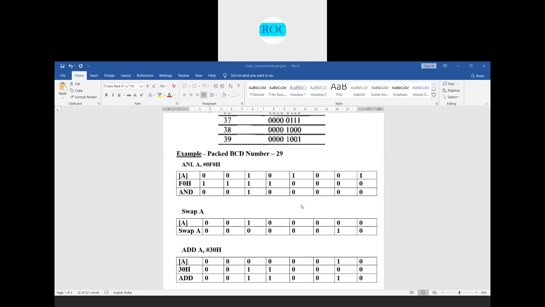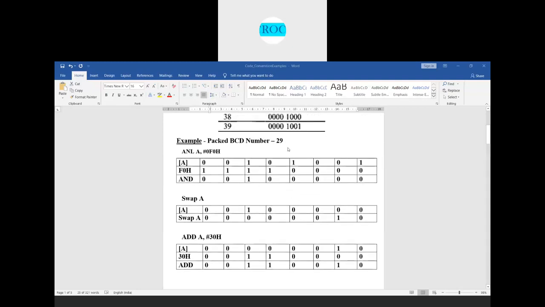Now the accumulator is having the value 20. Next, what I perform is SWAP A. When I do SWAP A, the lower nibble is exchanged with the higher nibble.